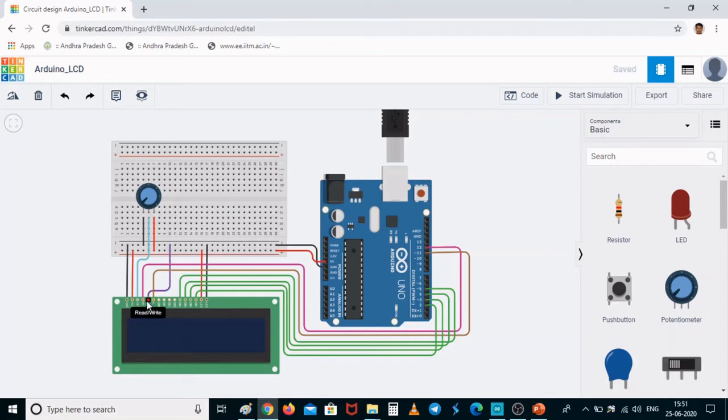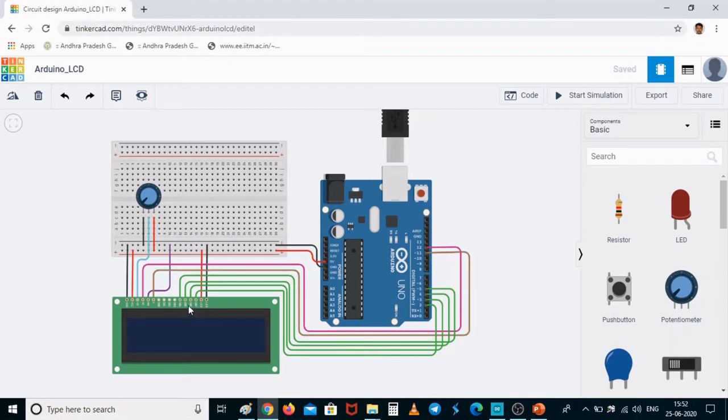We know that when read write is made 0, we are writing to the LCD. So that is why it is connected to the ground of the Arduino Uno board. And next is enable. So register select is connected to pin 12, and the enable pin is connected to pin 11 of the